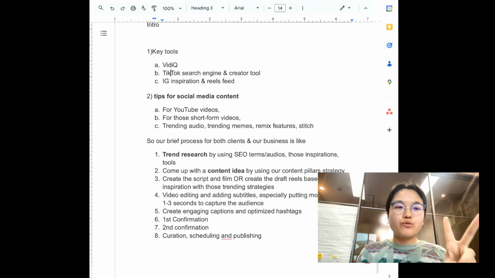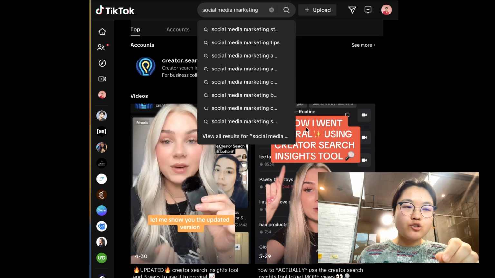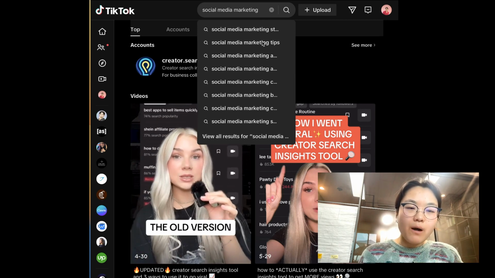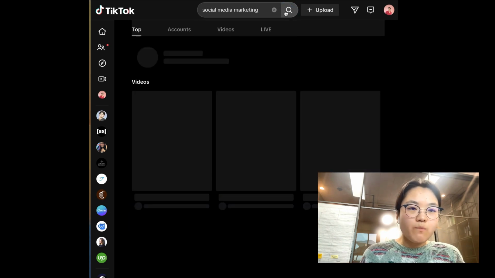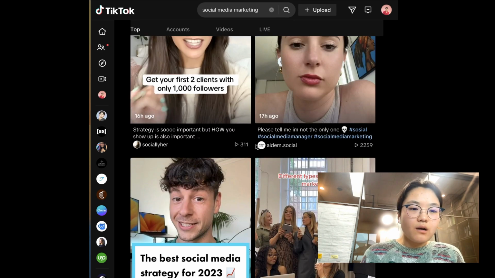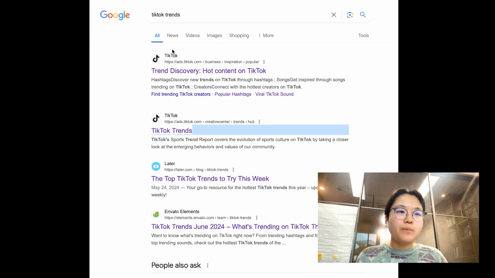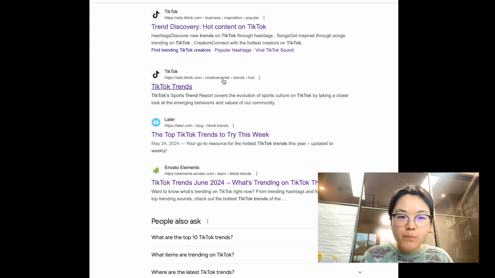And then number two, TikTok search engine and creator tool. Obviously when you search a term in the TikTok search engine, you can see related popular keywords like this. Once you click on the search button, you can see top content here, and also others searched for at the same time. And once you type TikTok trend in the Google search engine, there is a TikTok trend hub that you can